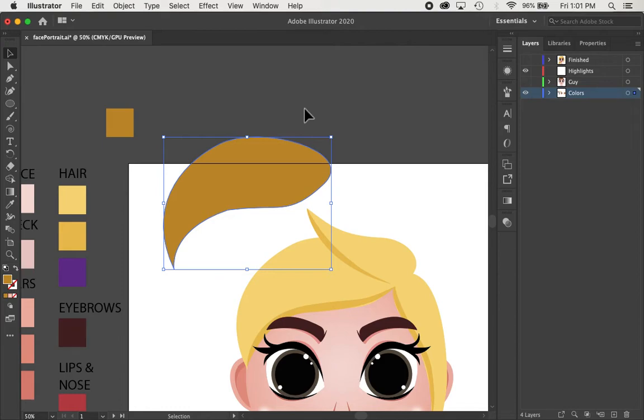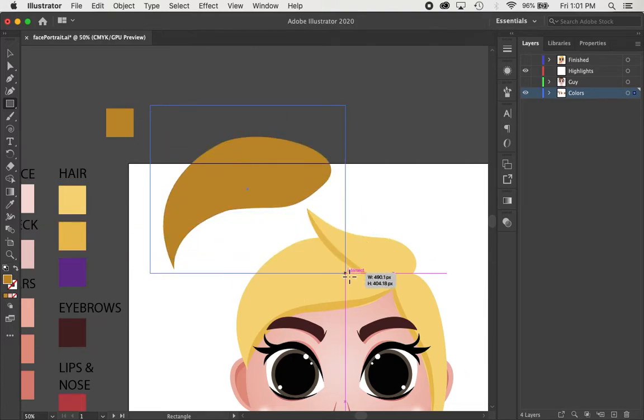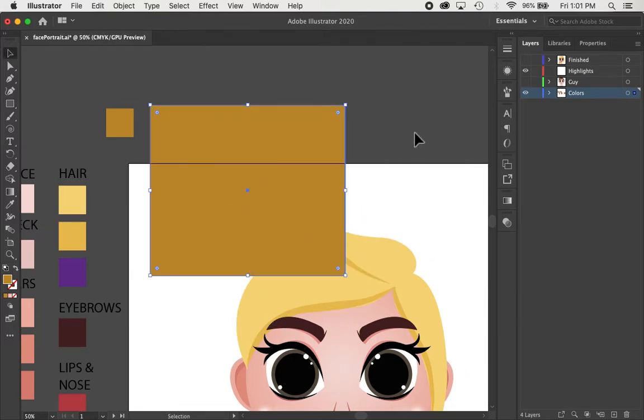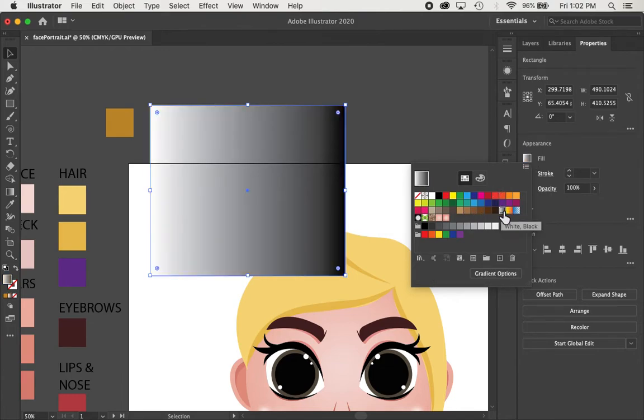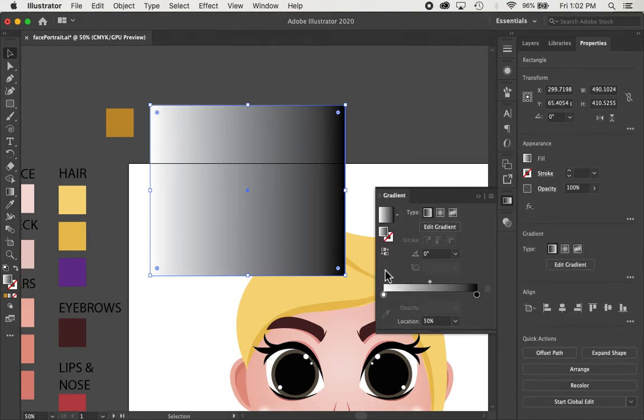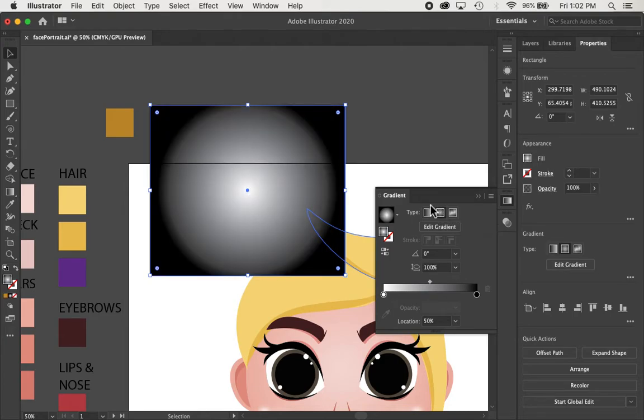So there's a couple steps to this process. The first one, make a copy of the shape, change the color of it. Next thing we're going to do is take our rectangle tool and just put a big rectangle on top of it. And we're going to give this a fill color. We're going to select any gradient for right now. And open up your gradient options. And for this specific hair piece, I'm going to start off with a radial gradient. We'll see how that